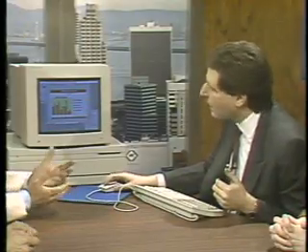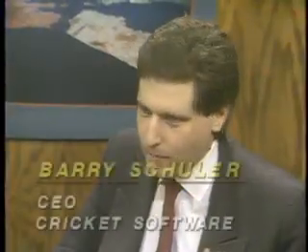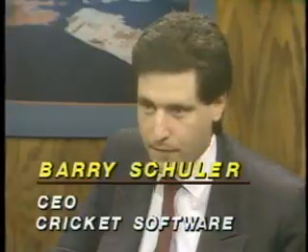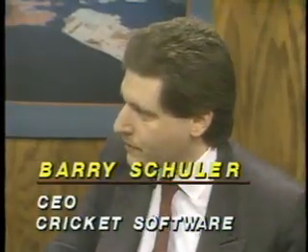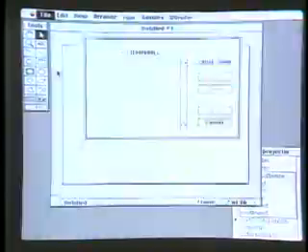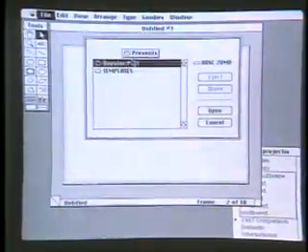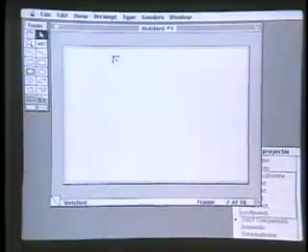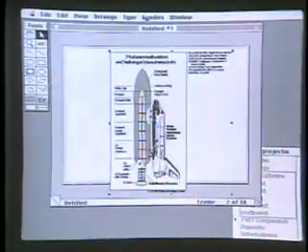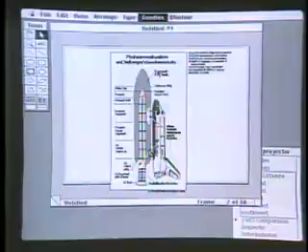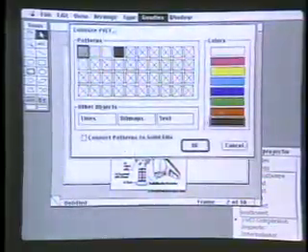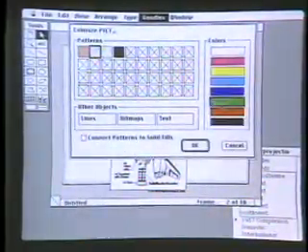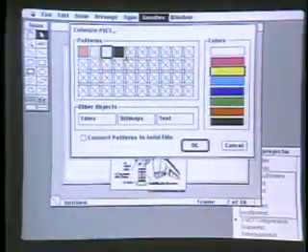What about importing graphics and text from other programs? We have very powerful importing features. We support all of the popular file formats, PICT, PIC2, MacPaint, EPSF, and we even let you do some exciting things with the images that you import. I'll bring an image right in now that's a PICT file, and even though this was a black and white PICT file that was created with another program, I can now take this, and with a feature called Colorize PICT, I can colorize this by simply assigning colors to all the patterns that appear